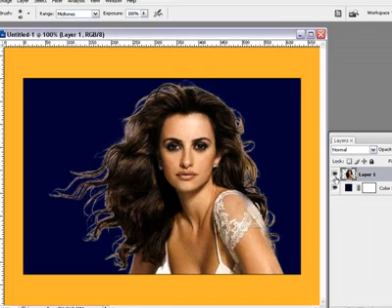With the woman layer selected, with the mid-tone selected and exposure at 100%, we're just going to come in here and darken up these edges. Just going to darken them up and try to get rid of some of that white. It didn't delete very well around here, but I'm just trying to show you how to delete